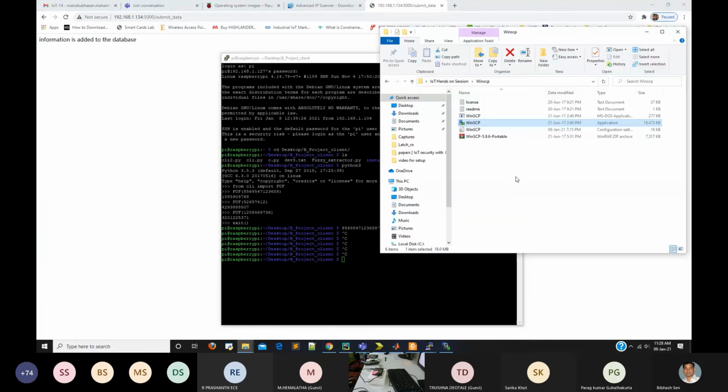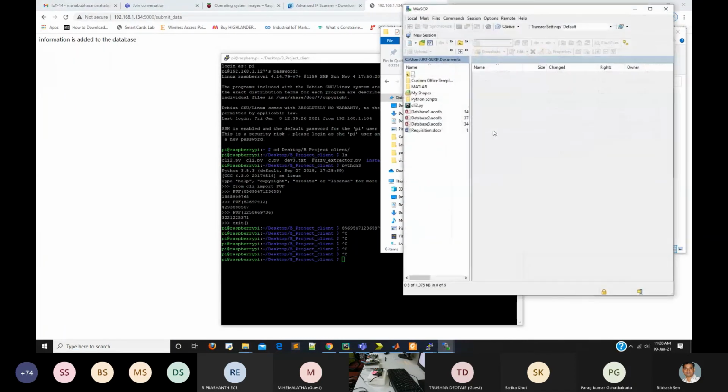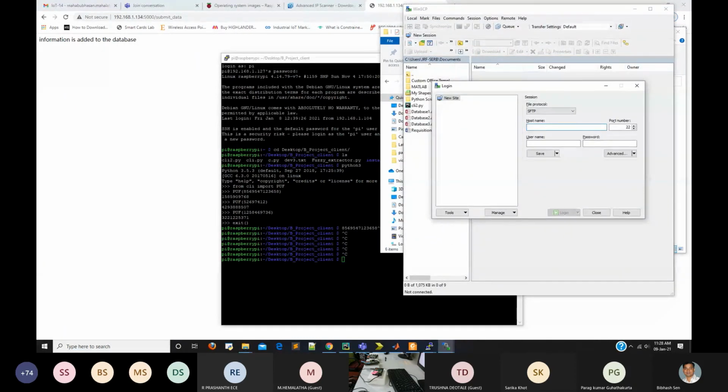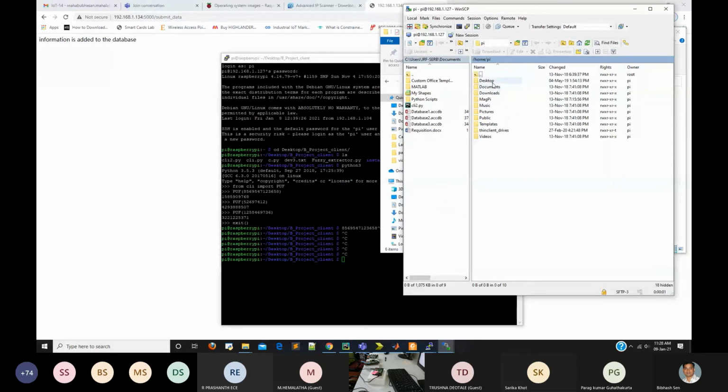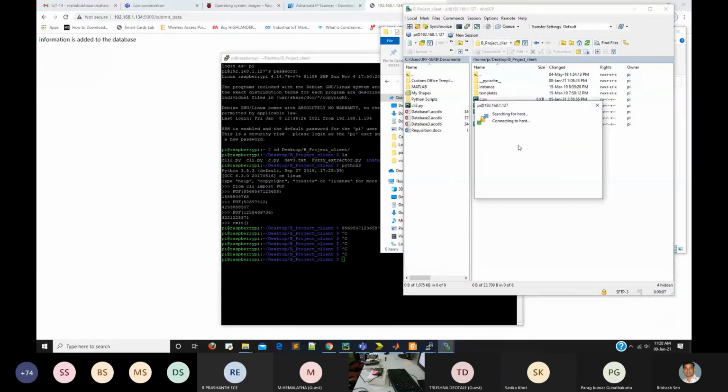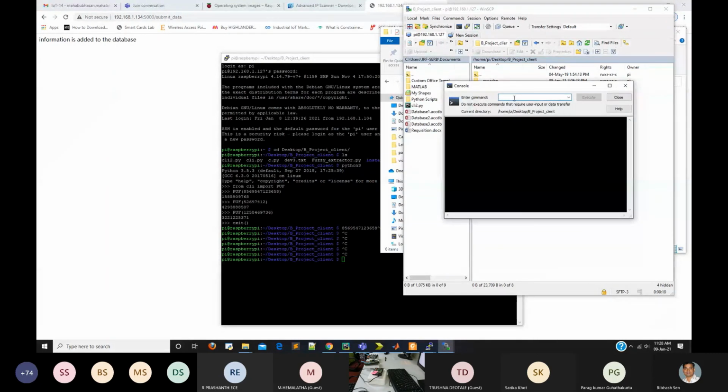For that, I will go once more to the client address. First, using that command, I will check the USB port.